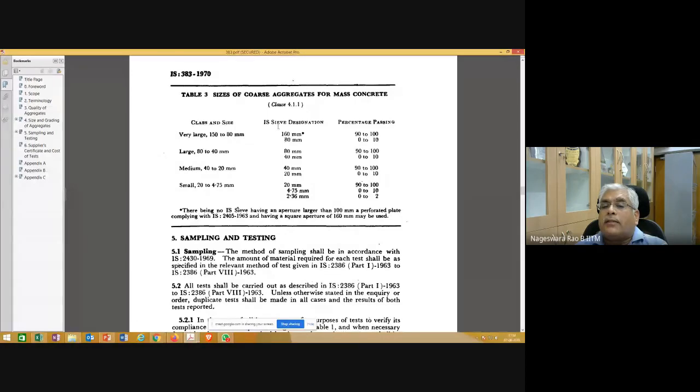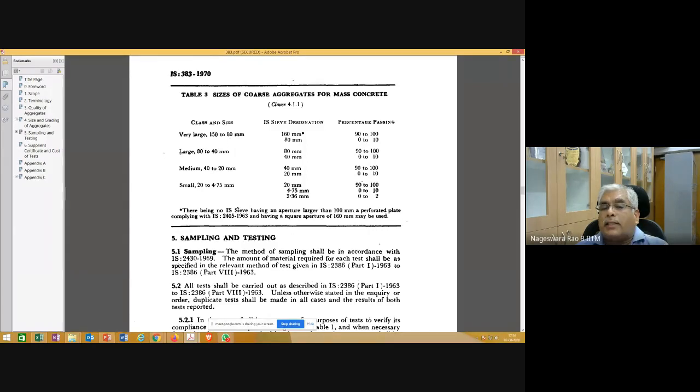Sieve size designation 160 mm and 80 mm. Percentage passing on 160 mm sieve size is 90 to 100, and 80 is between 0 and 10. So for very large, like dams or anything like that, you can go from 150 to 80 mm. Between this range, you can make use of the aggregate.